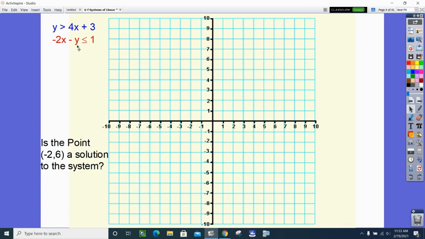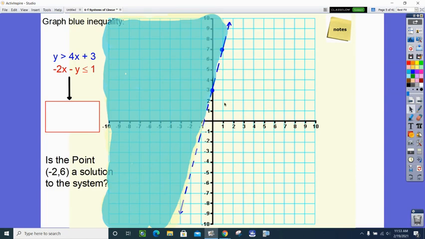On the bottom one, because it's in standard form, I could possibly use the intercepts, but be careful because I'm going to end up with a fraction here. That might make you uncomfortable. But here is the first one: 3, up 4 over 1, dotted. If I test (0, 0), 0 is greater than 3 does not work,